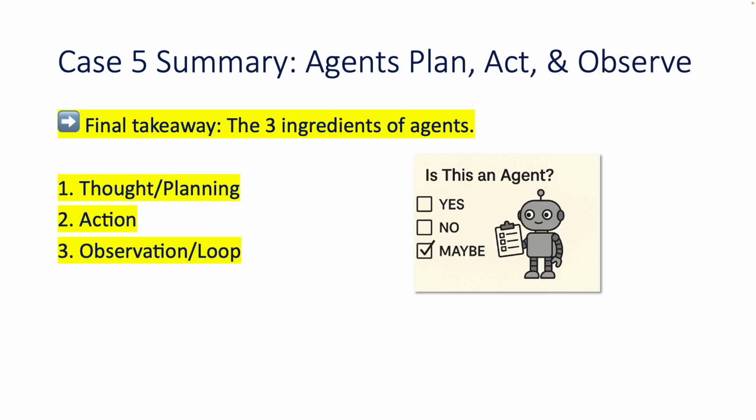All right, now, so this is key number 5. Agents plan, act, and observe. And it is only through this process that we call this an agent. But again, whether something is an agent or not an agent is less important than understanding how the LLM is chaining these different steps together. This is multi-step, multimodal oftentimes, using tools to provide context to give to the LLM to essentially perform this task for us.